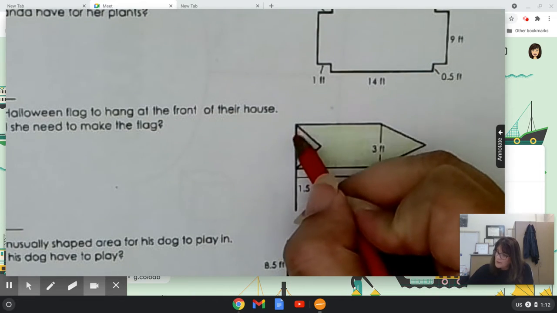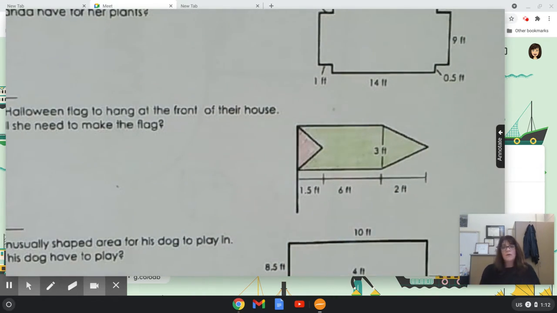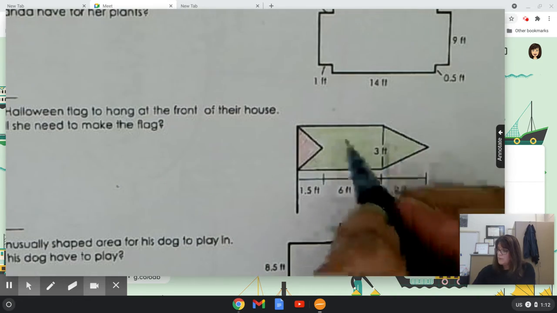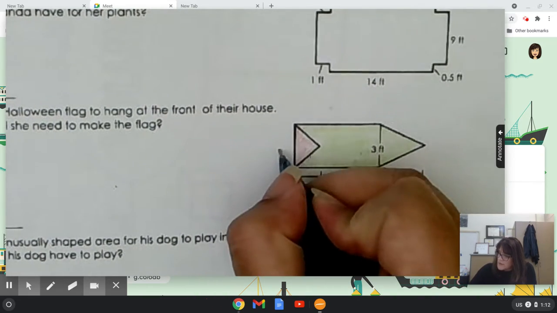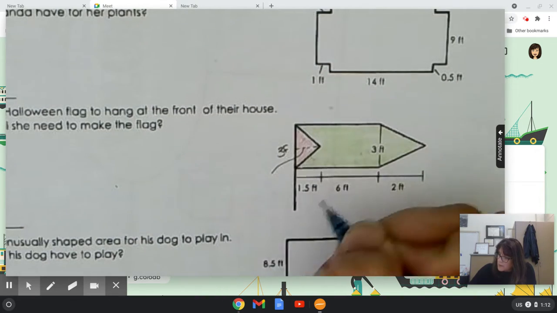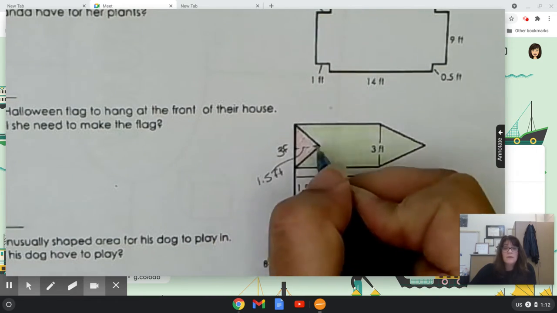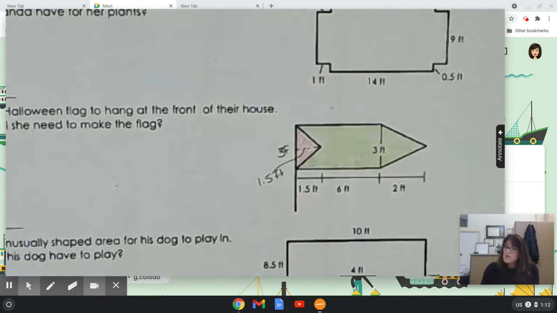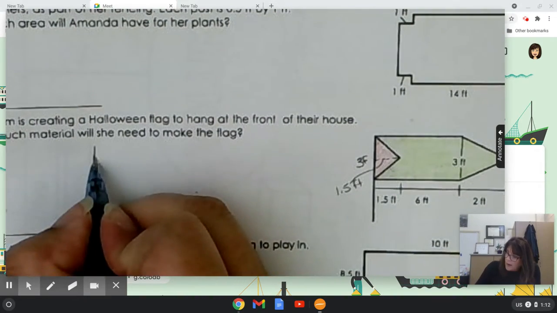This part right here got cut out, and we talked about it, but I wanted to just show you how you can visually demonstrate that as well. The cutout part, we said, was 3 feet by 1.5 feet. So if I was going to demonstrate that, say in my Flipgrid, I might show that